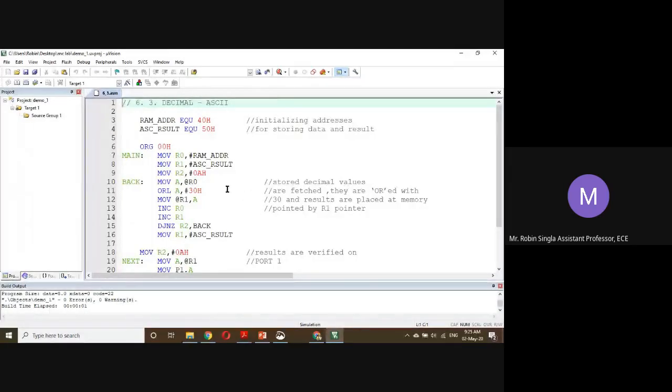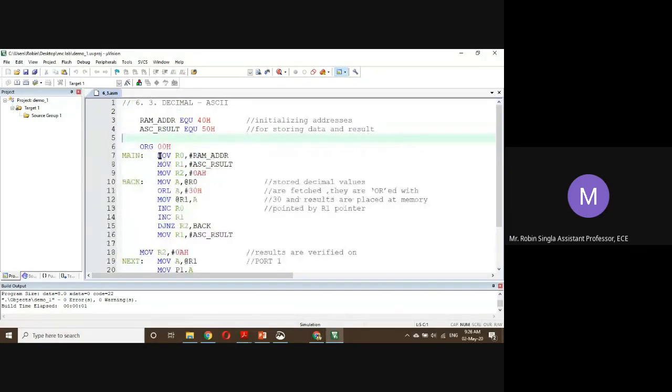Here we will convert 10 numbers, so the counter we will set as 0A, 10 numbers. We'll take input starting from memory location 40H, and we'll start storing those numbers from memory location 50H.